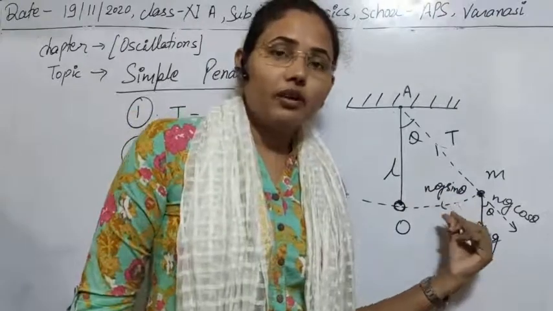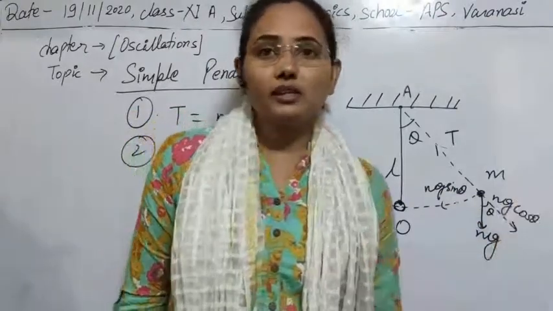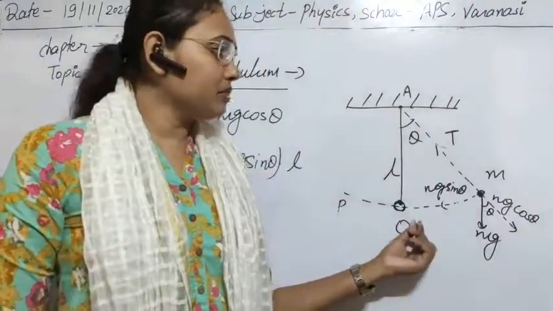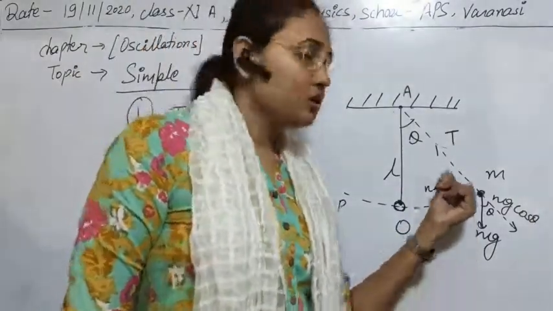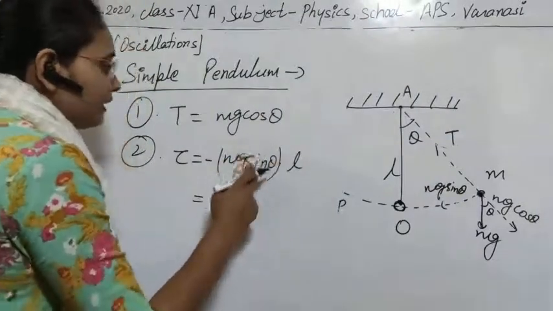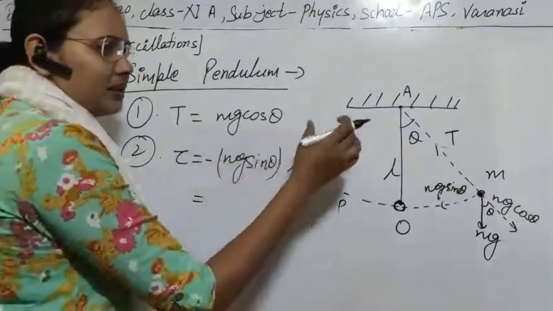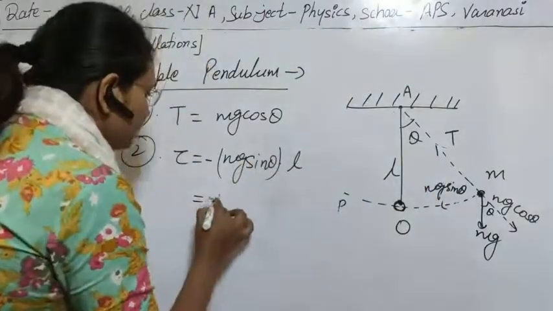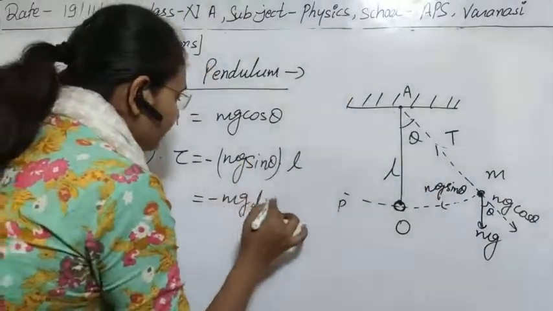If it will not be small, then there can be the case of unstable equilibrium. So to get the stable equilibrium, the displacement should be small. If theta is very small, then in place of sine theta we can easily expand it, and it can be written as theta. So this will be equal to mgl into theta.